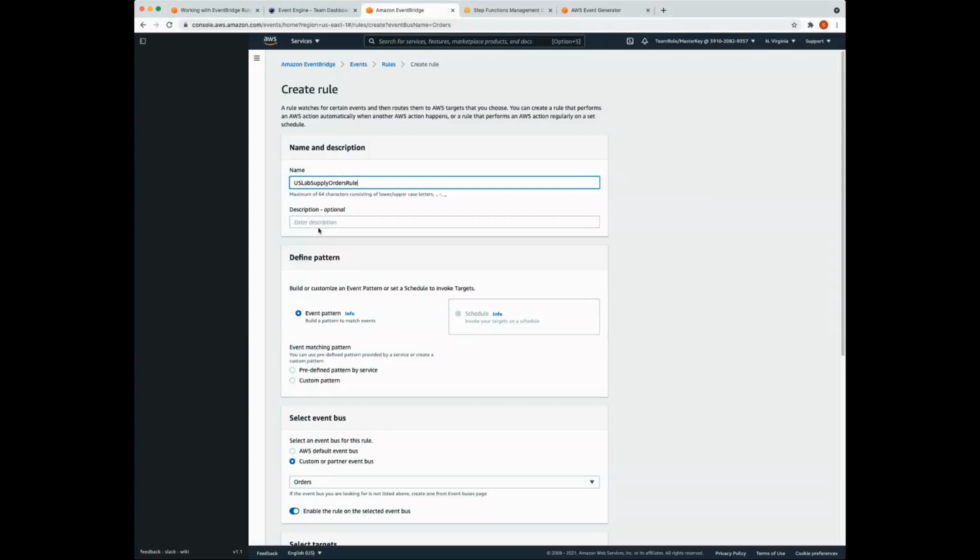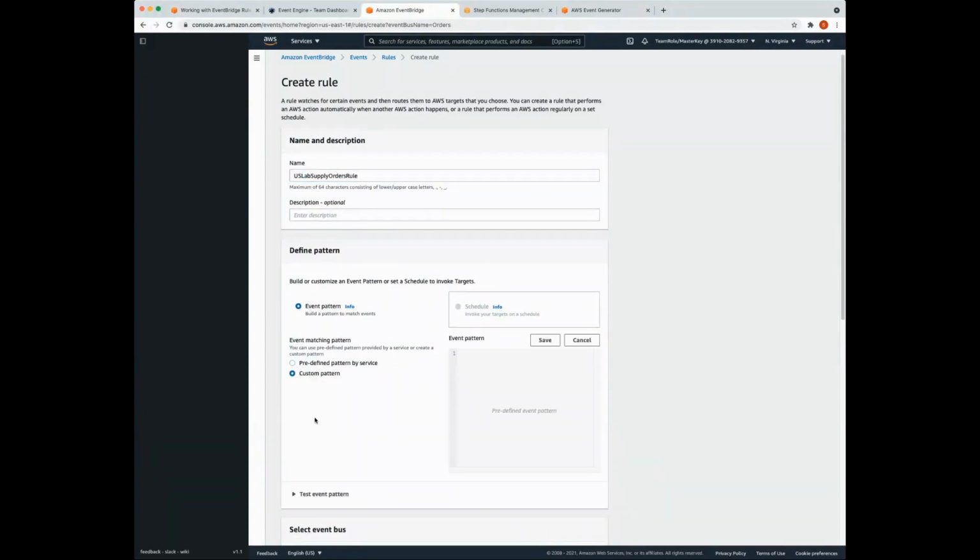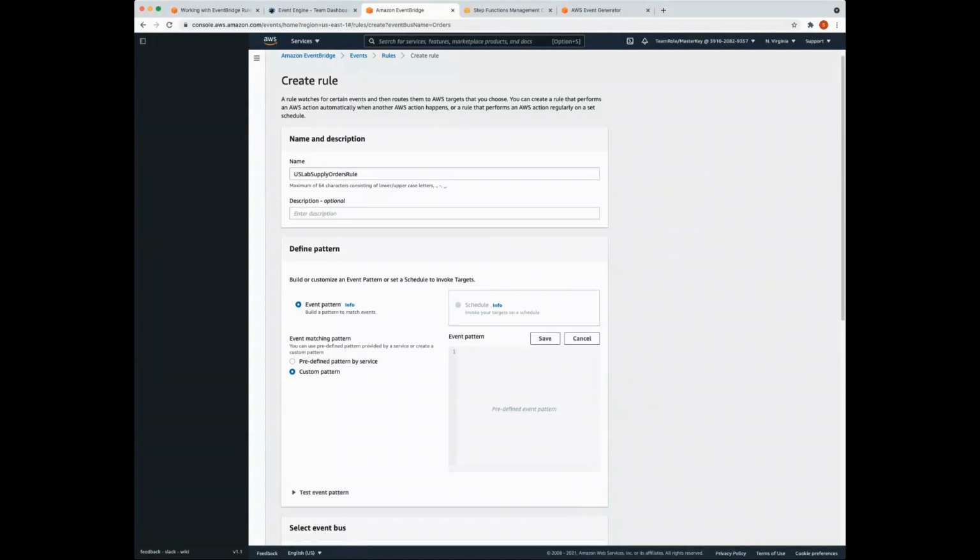And what we're going to target here is we're going to select event pattern. We're going to select custom pattern, but this time we're targeting the category lab supplies. Okay. Let's just use the same template as before.